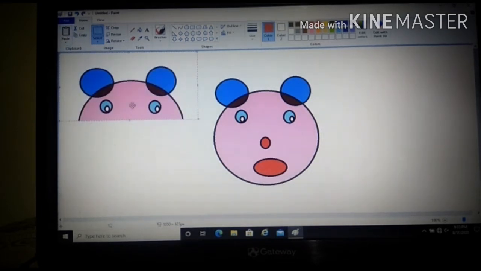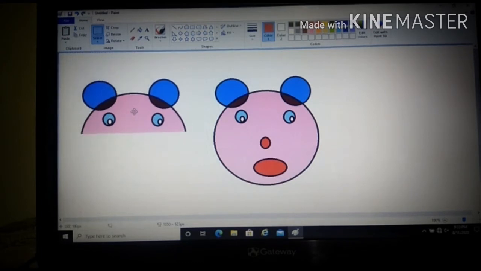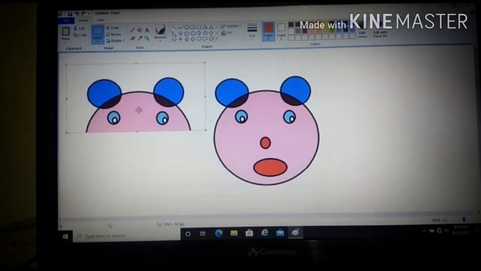Now you can see whatever selection I have done, I have copied it and pasted it. So it means with the help of select option, we can select the part of your drawing or the full drawing. Then what you can do, copy paste, you can delete, even you can cut paste. Okay, this is one of the methods you can do.